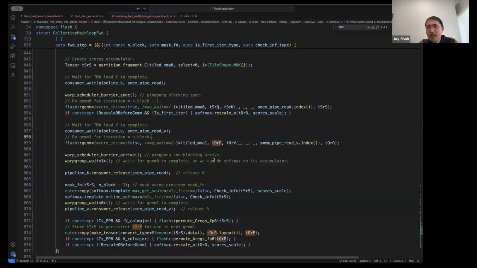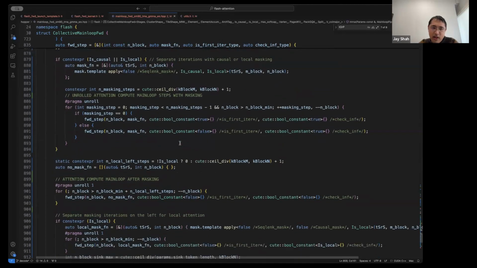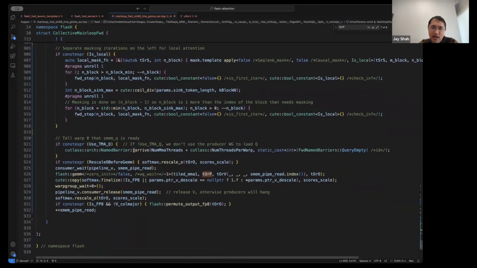So with this code, the other thing I want to explain, let's maybe go to the end here. At the end, I do my final rescale, my final gem, because I'm staggered. And I have my finalize method. The finalize method does the normalization with the sum at the end. It divides over the sum.